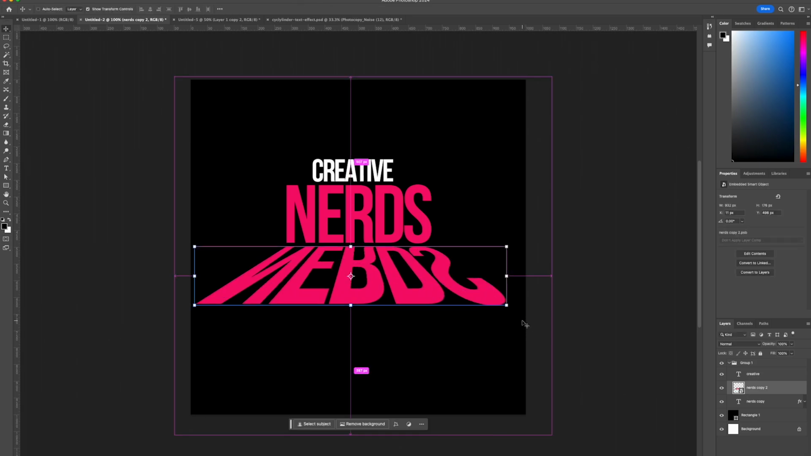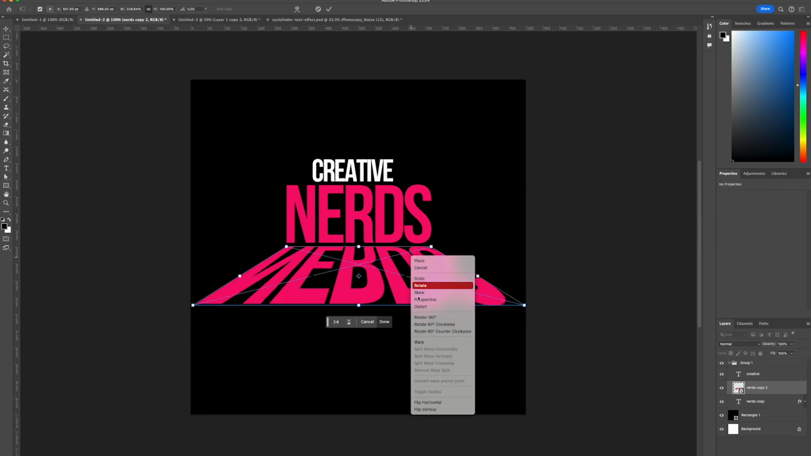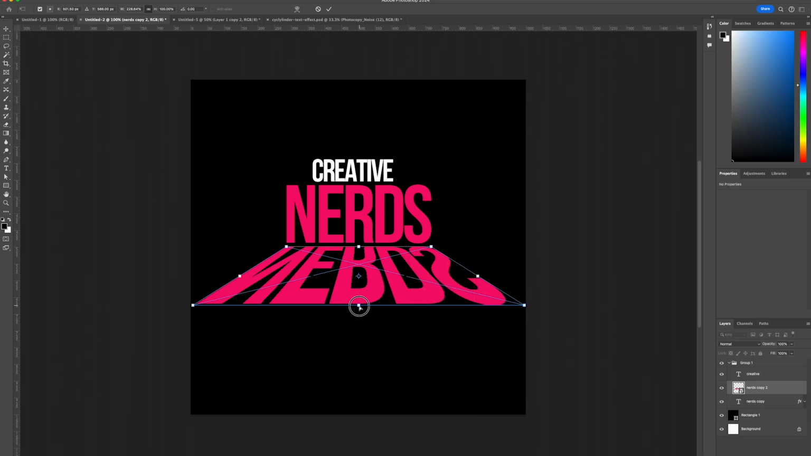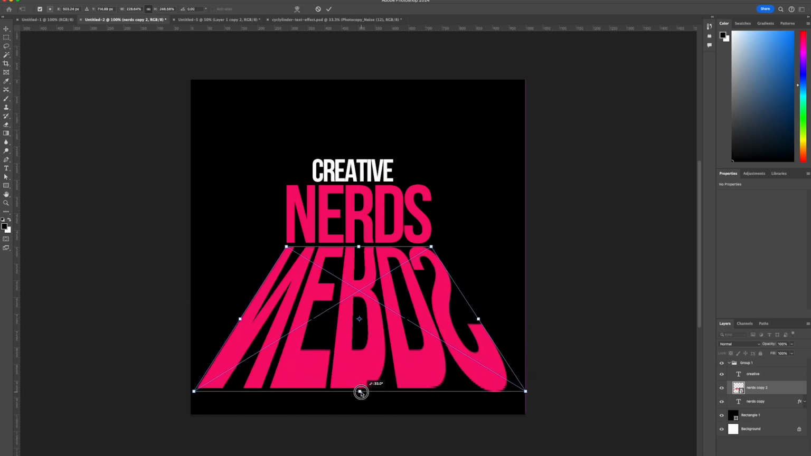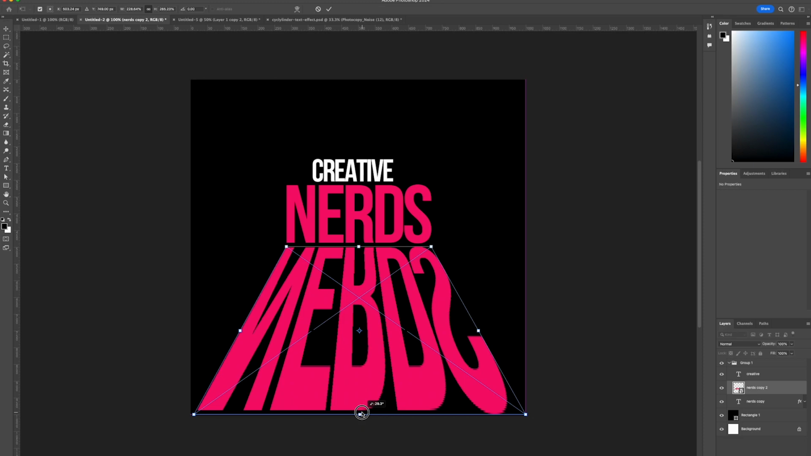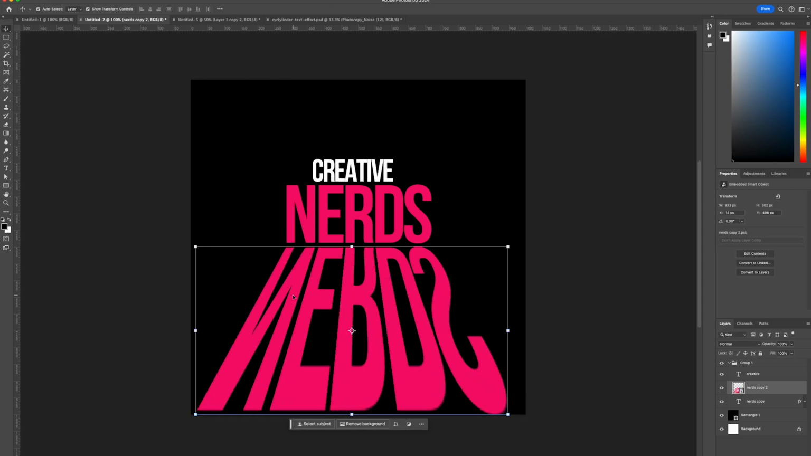We're then going to press Command T once more, right click again, and this time we're going to select distort and drag out the bottom anchor point so it reaches the bottom of our canvas. Select enter, and then we're just going to slightly move up that text layer, and then we're going to head over to